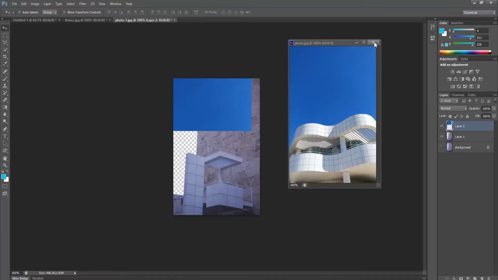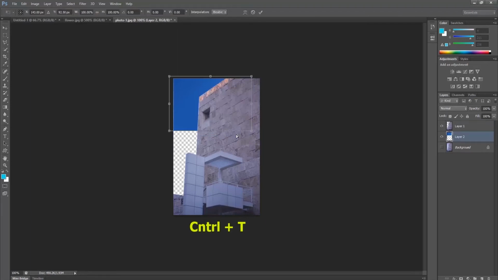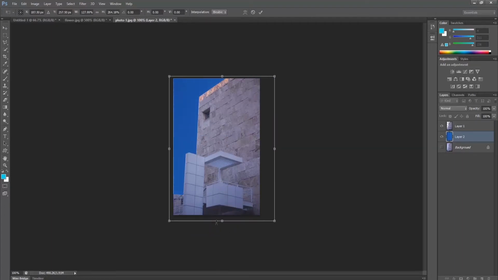Now I will move this layer back to the building. Hit Ctrl T to transform. This is the way how we can change the background of the images. I will explain about that clearly in the coming tutorials.